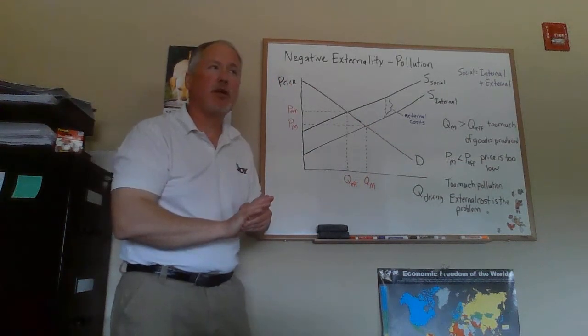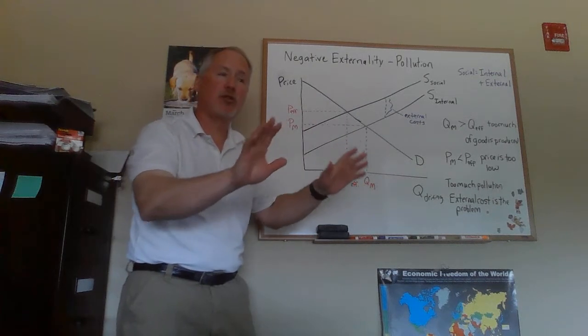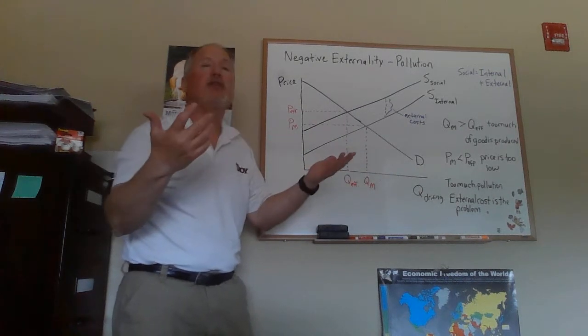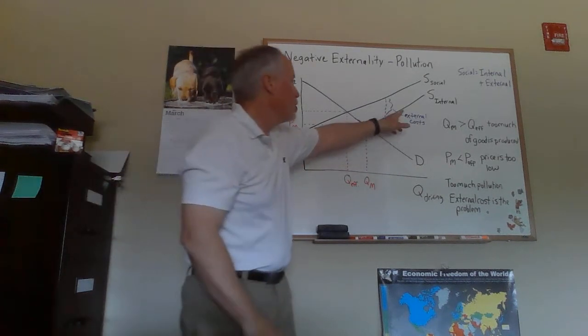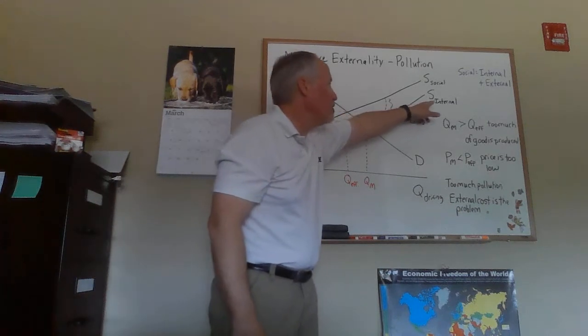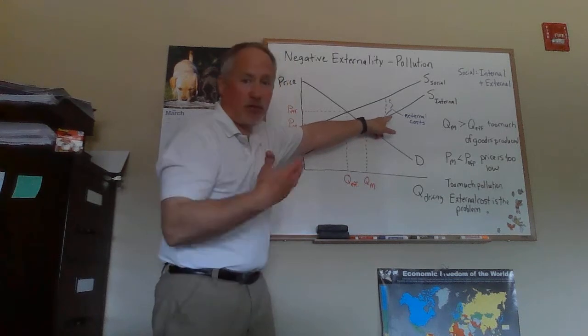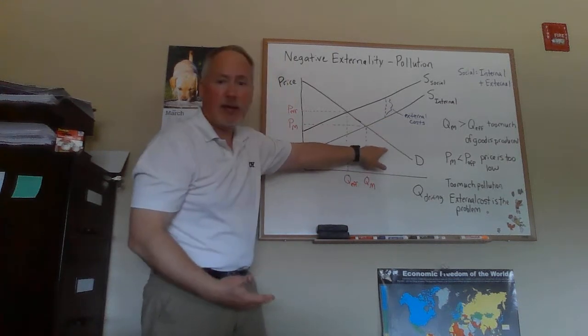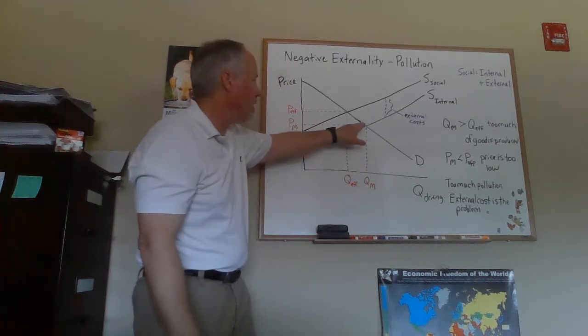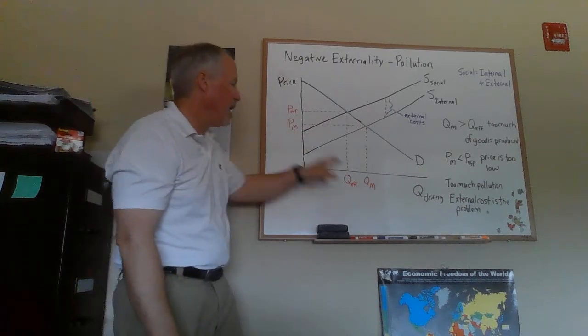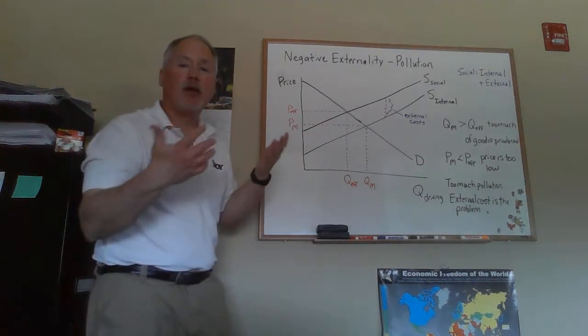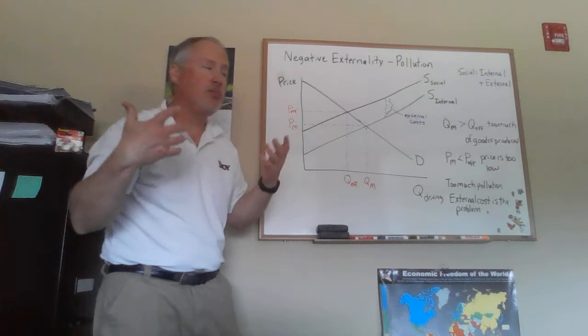The third party or external costs fall on those third parties. Suppliers don't have to take them into account. So equilibrium is going to be determined by the intersection of the supply curve that reflects the internal cost and the demand curve. They intersect here, so I've labeled PM and QM. Those would be the market price and quantity. That's the equilibrium price and quantity.